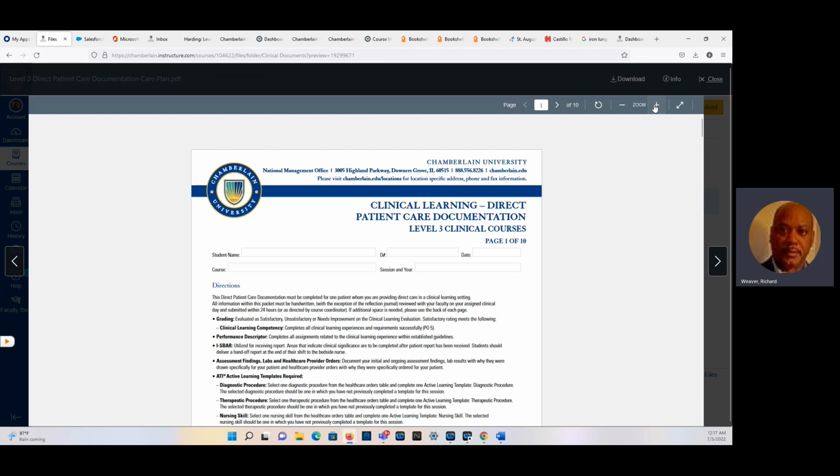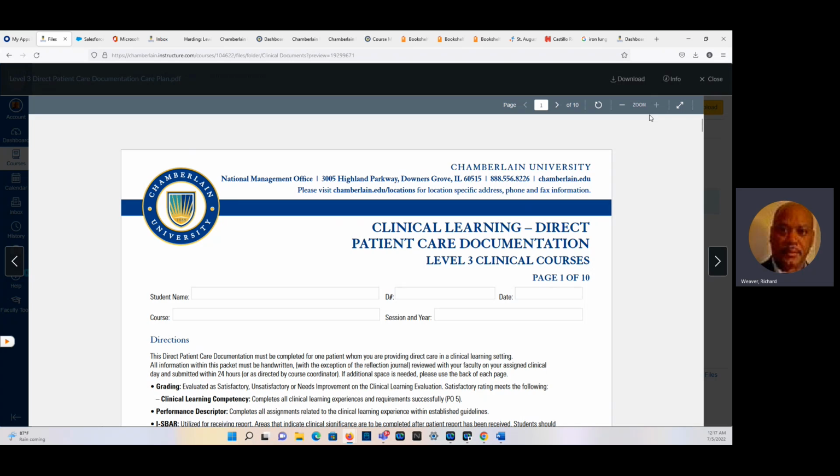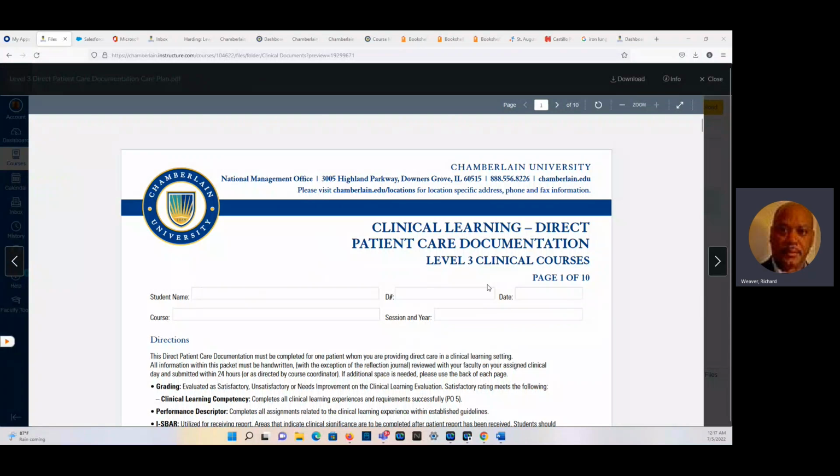Sometimes I just have to reshare it because with Teams, sometimes you just have to keep resharing. So, to make sure you can see this, I'm going to reshare. All right. So this is the level 3 documentation, level 3